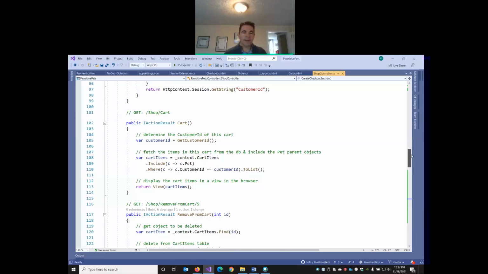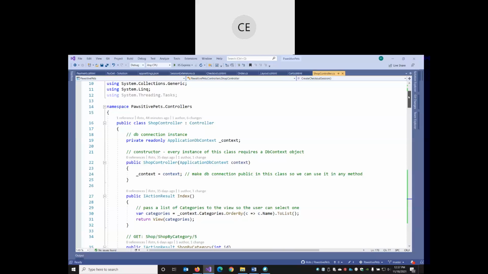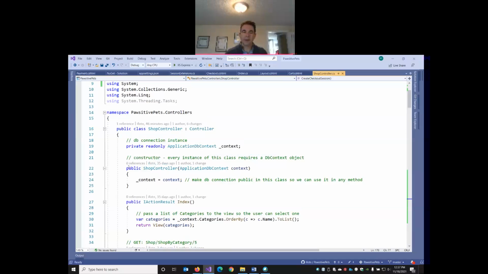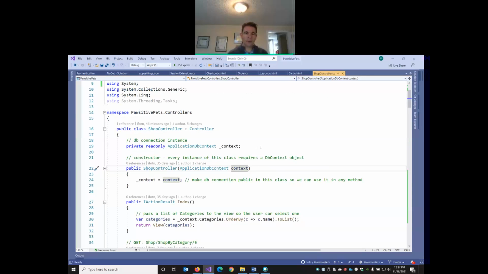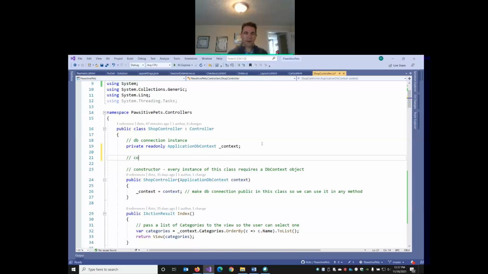So we're going to make a couple of changes here. I'm going to scroll up to the top of my controller, and we're going to modify this section here. So our controller right now already has one dependency. Every time we use this controller, it gets passed a database connection object, an application DB context. We also now need to pass it a configuration object, because the configuration object can access appsettings.json, so we can read these values. So we're going to add a config